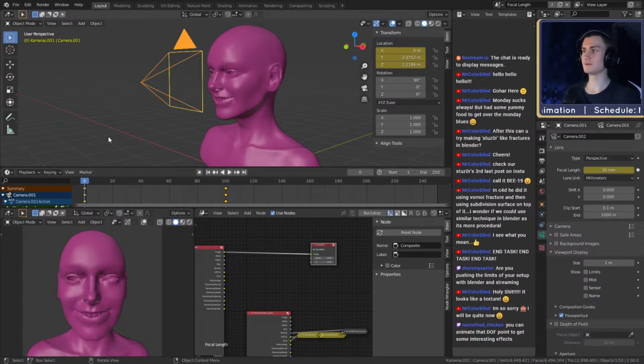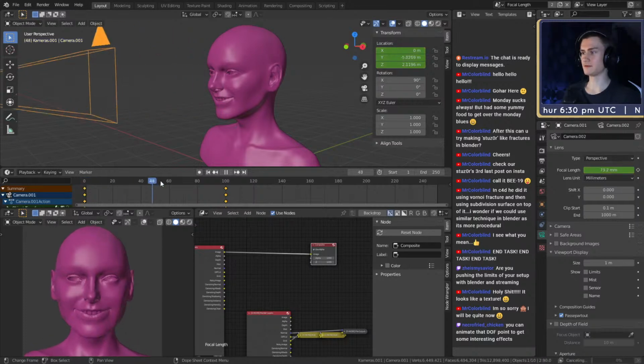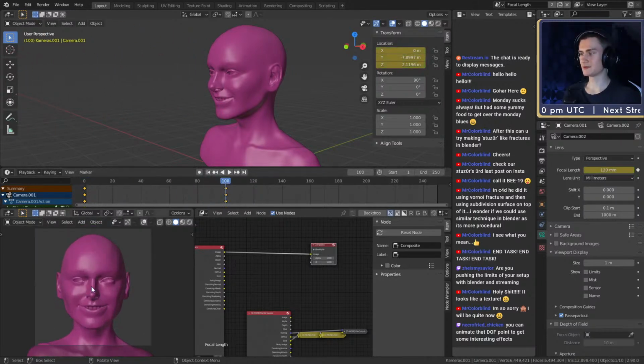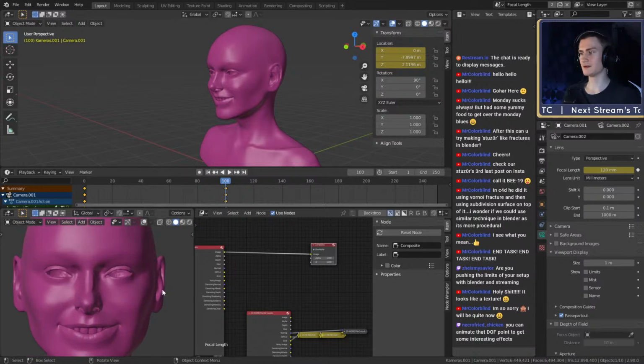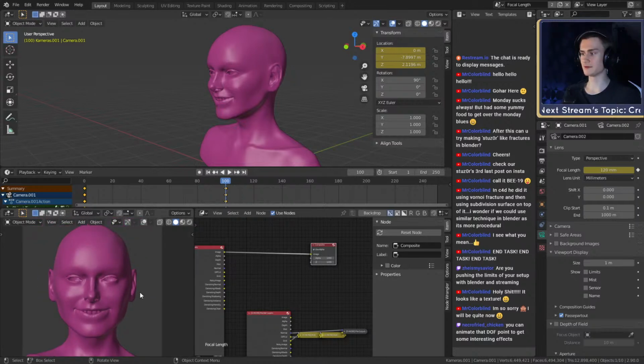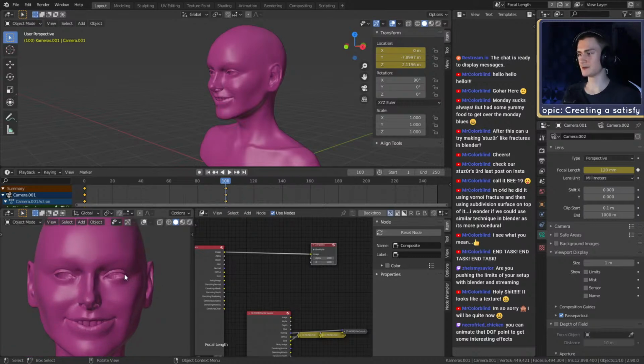But you have to keep in mind that some of the reference could have a lower focal length, which would warp how your character looks. For example, if you have an image that looks like this, you can really see how the proportions are. The ears, for example, in this one, this was a while back, are way too big. Usually the ears stop right where the middle of the eye is, and they start at the bottom from the bottom of the nose. You can see that right there.